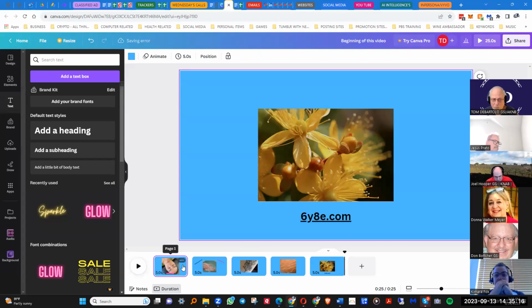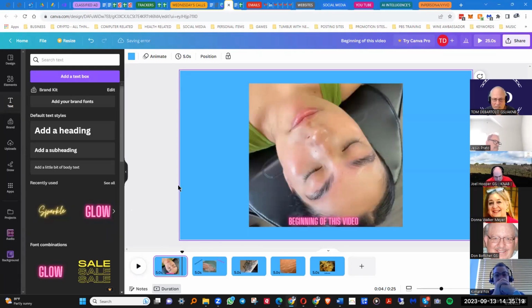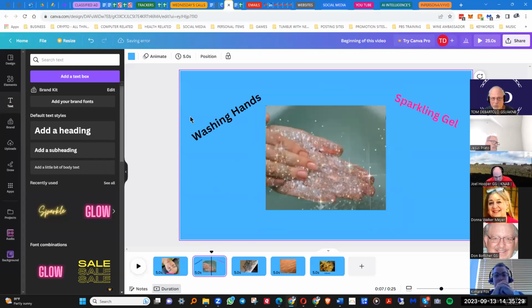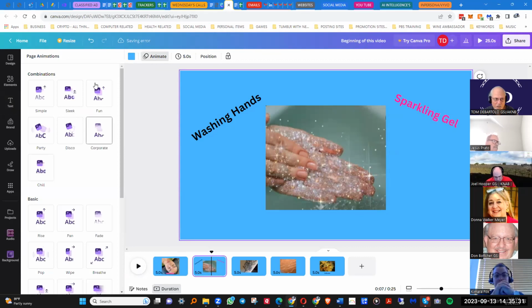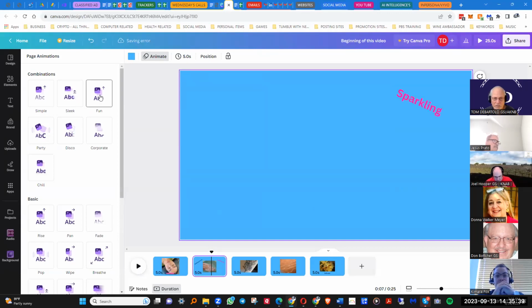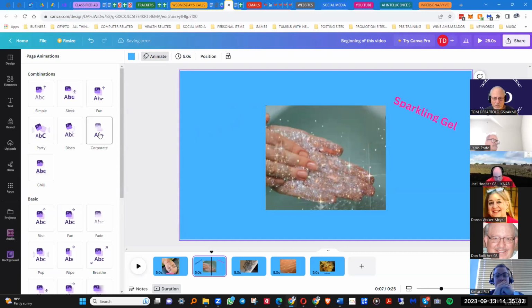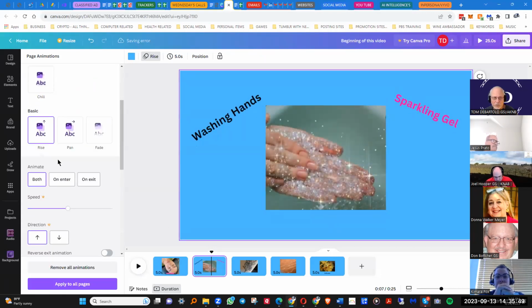Now, if you want to get a little more creative, you can start animating it. So over here on the top, you have the button that says animate. The first one, basically you want to leave as is. Go to the second one. Now go to animate, and you see a whole bunch of good stuff that you can do with it. Have a lot of fun with this one. You can just hover over it, and you'll see what happens. And whatever one you want, you just click on it. And once you click on it, it sets it.